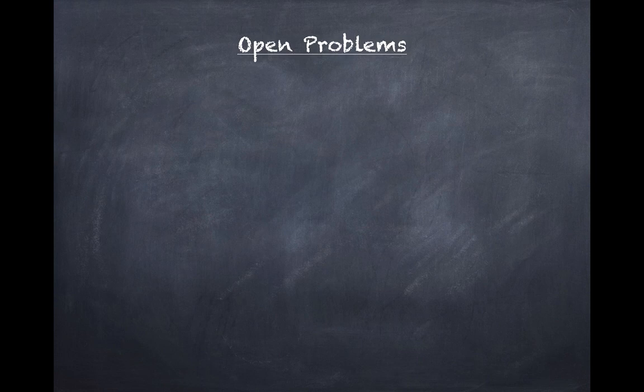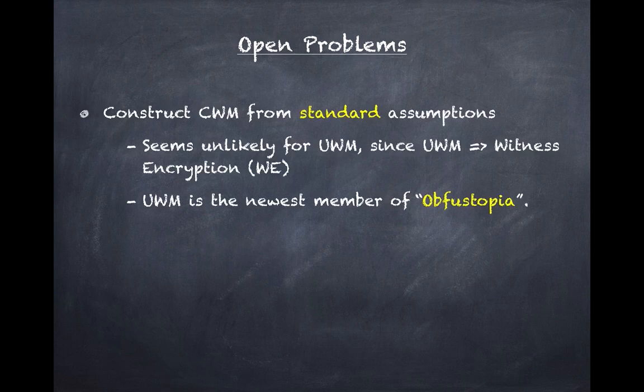Now I'll mention some open problems. So the first and the most important open problem is: can we construct a compact witness map from standard assumptions? In the last section, I showed you how to construct a UWM from IO. And in our paper, we show that a UWM in fact implies witness encryption. So in that sense, UWM is the newest member of Fustopia and arguably the one with the simplest definition. So